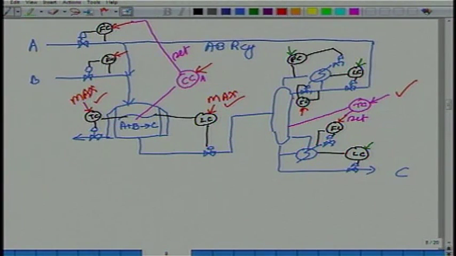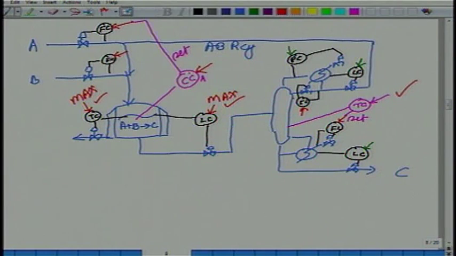Why comparable? Huh? No, it's not so clear to me. We want A and B to be in the same ratio in the feed. No, I don't think you've understood material and energy balances. Whether the set point is 10% A or 90% A, if this loop is on, fresh A and fresh B will be stoichiometric. You can choose this composition set point to be 10 mole percent A, you can choose it to be 90 mole percent A. No matter what you choose, as long as you are maintaining the composition, fresh A and fresh B will be balanced stoichiometrically.